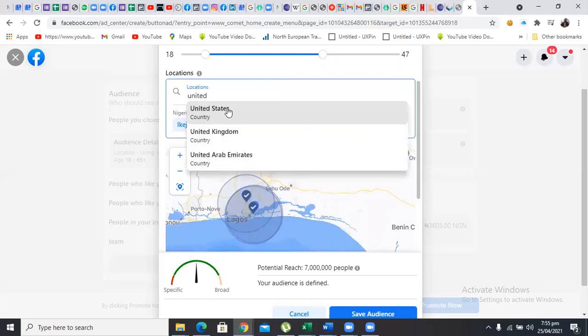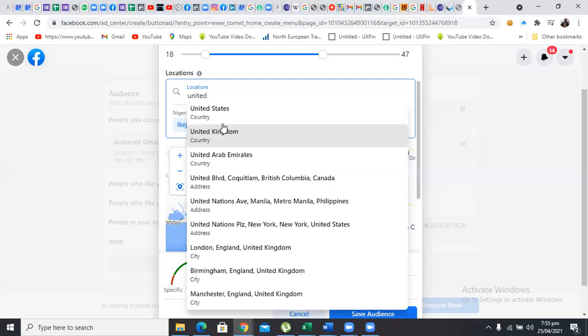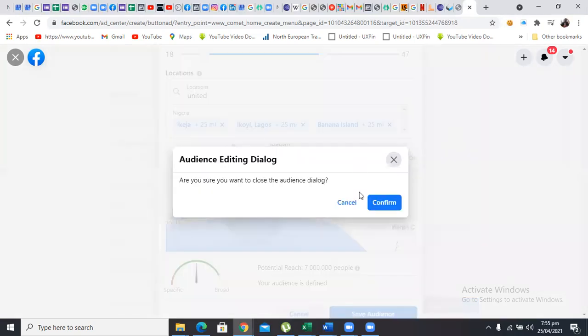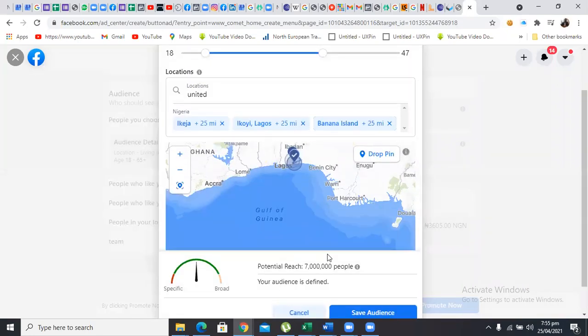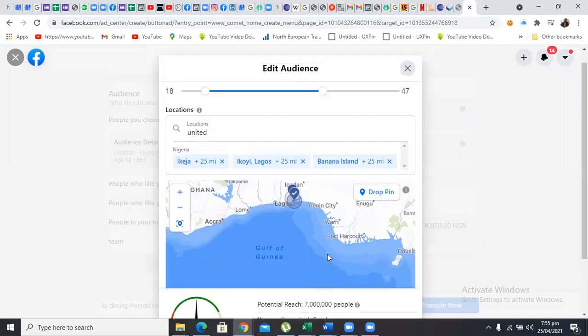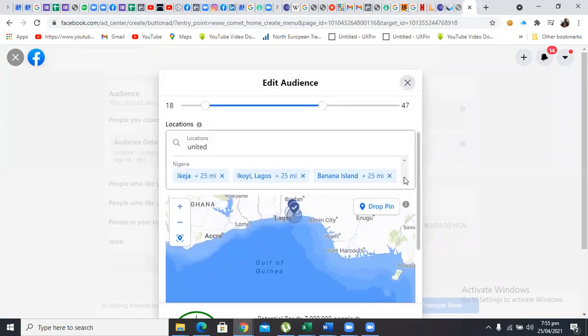United Kingdom. If I want people in United States to see it, if I want people in Arab to see it, it's just limitless. Anything you want, this is where you do it. Your location, you come over here and just do it. If you are done and you are cool with the number of people that you want to see your ad, the next thing you will do is